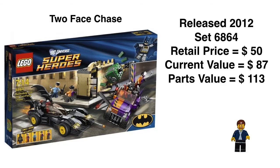So, Two-Face Chase, released 2012. This was a $50 set, and I absolutely love this set too. It has a current value of $87. Its parts value is $113, mainly because of the minifigures. The Two-Face minifigure, up until this year with the Lego movie being released, they gave us another Two-Face. But before the Lego movie, this Two-Face was the only one we had, and he was reselling at a nice clip